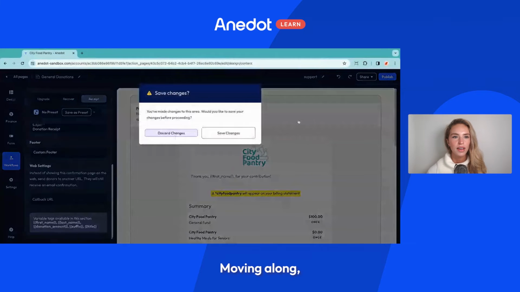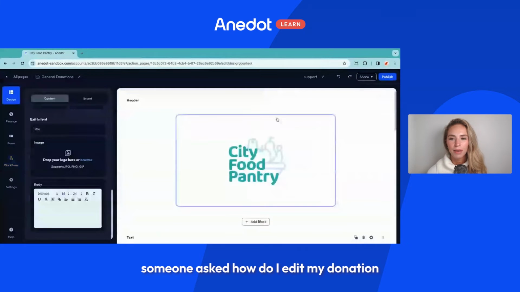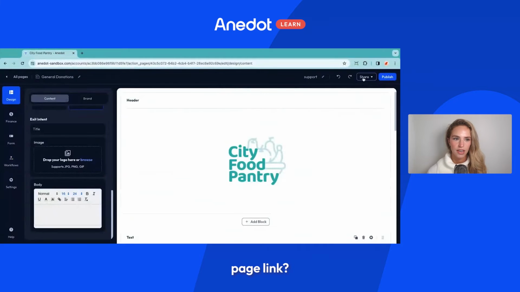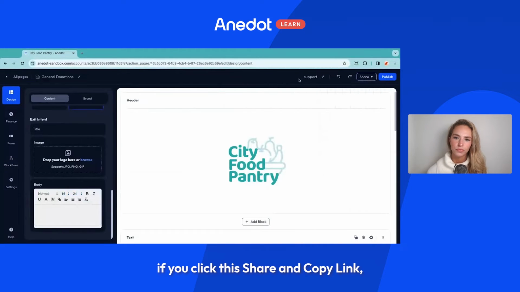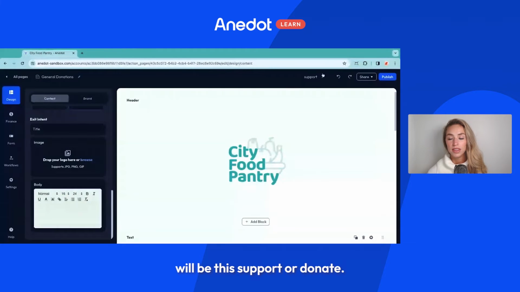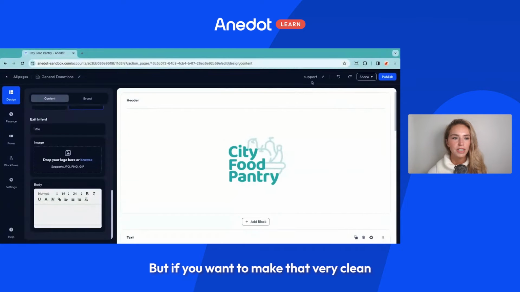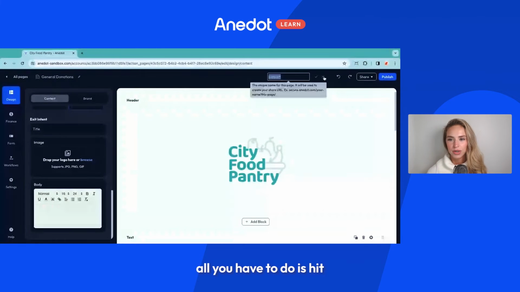Moving along, someone asked, how do I edit my donation page link? Automatically, if you click the share and copy link, the slug, the very back end of the page, will be this support or donate, or if you haven't customized it, it will be numbers and letters. But if you want to make that very clean and customized, all you have to do is hit this little edit icon, and it will tell you, an example is